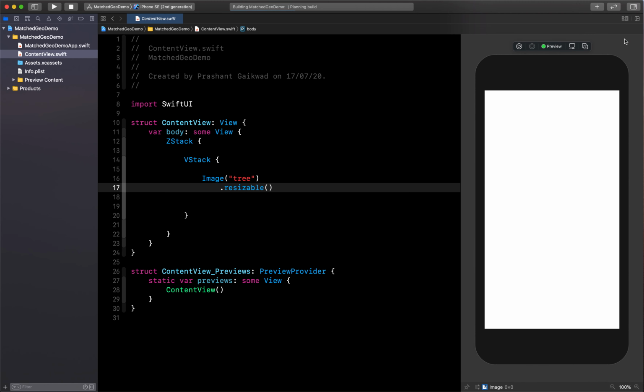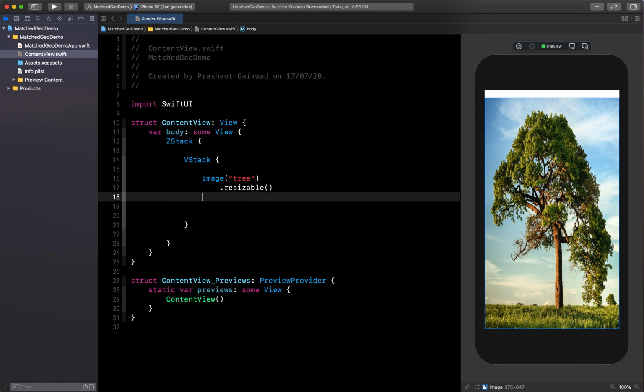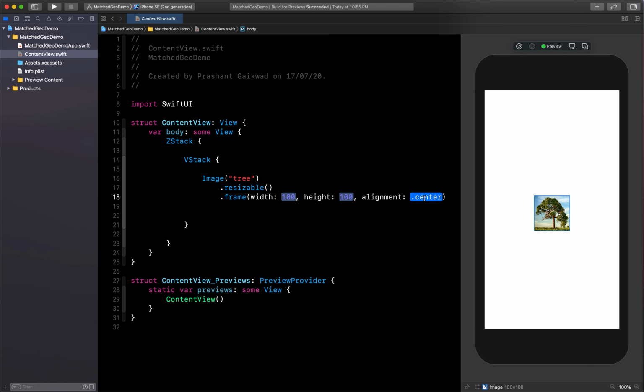Okay, let's check if it is working fine. Okay, so we can see our image. Now we need to resize this. Let's add a frame, let it be 100 by 100. Let's remove the extra parameter which we don't need.